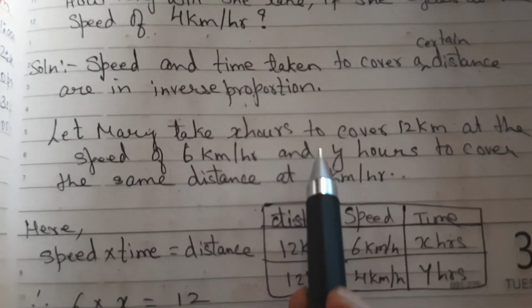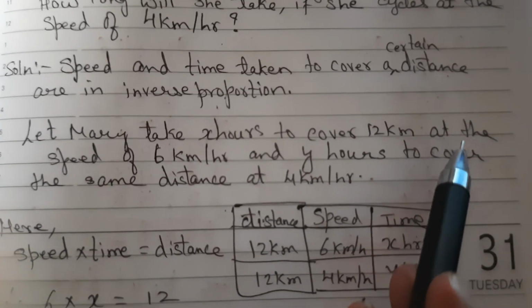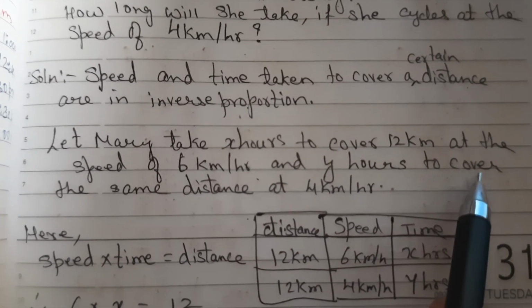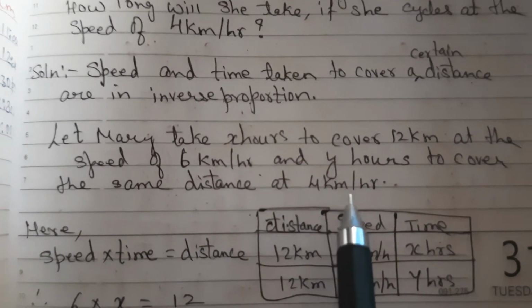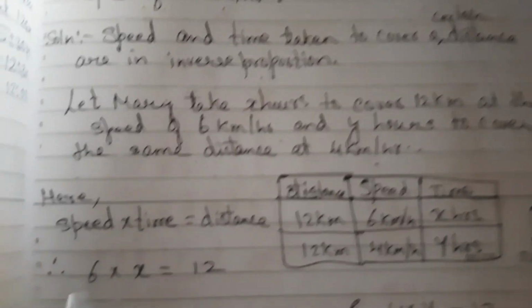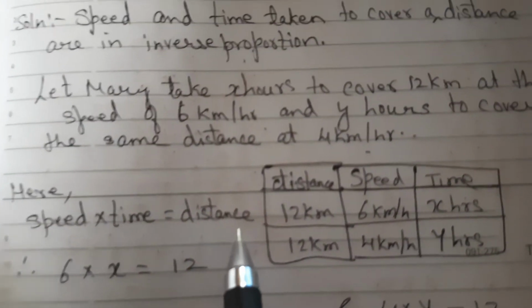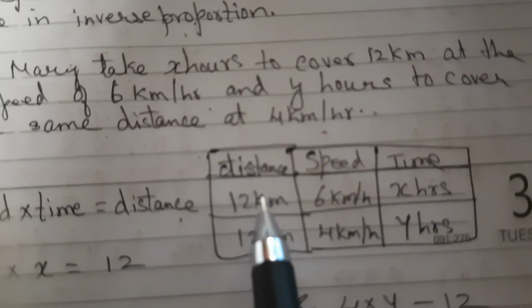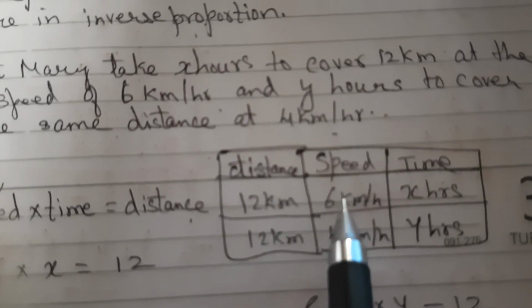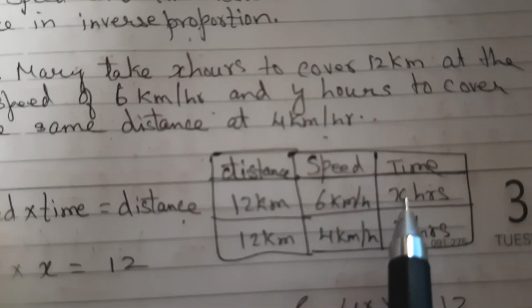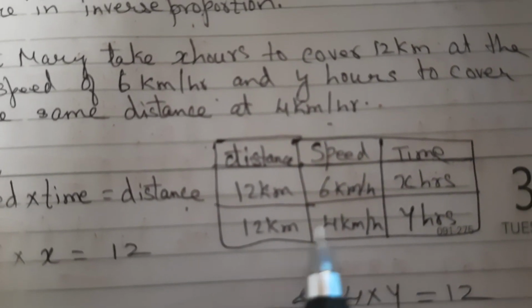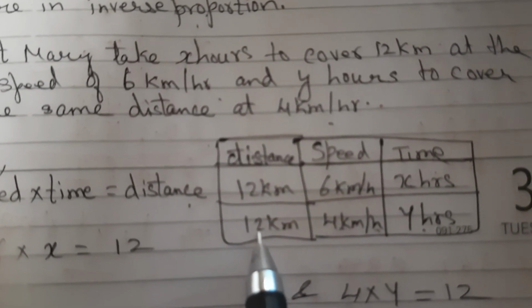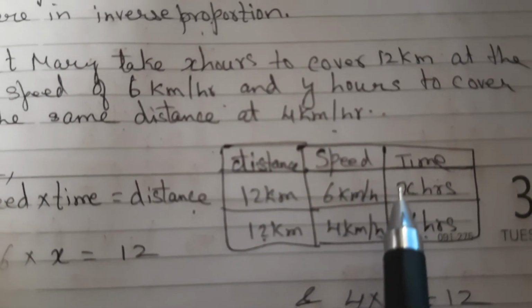Let Mary take x hours to cover 12 km at the speed of 6 km per hour, and y hours to cover the same distance at 4 km per hour. So your speed into time is equal to distance, children. Look at this table. Distance, speed, time. Distance 12 km. She rides 6 km per hour. So x hours she is taking, and when it is y hours, she is riding 4 km per hour, and the distance remains the same. So we have to find out x hours and y